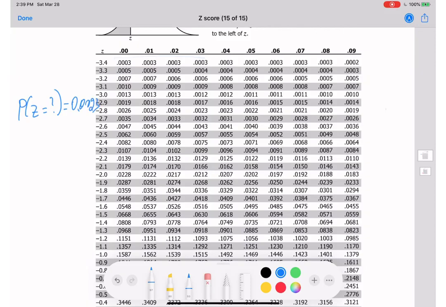So let's find it, because the probability 0.0023 means it's equal to 0.23%, right? Let me rewrite it. I don't like how it looks. So it's equal to 0.0023. We move by 2 positions to the right, which means we multiply by 100. So that will be equal to